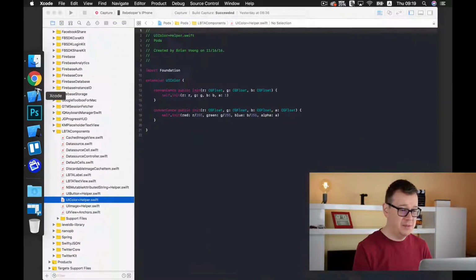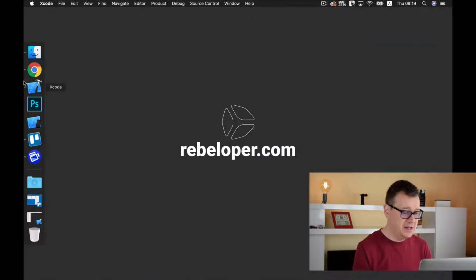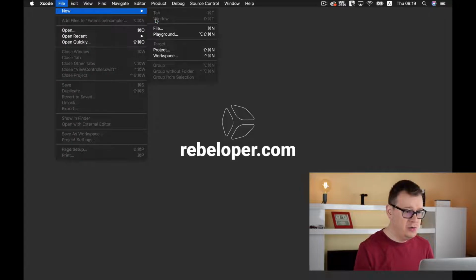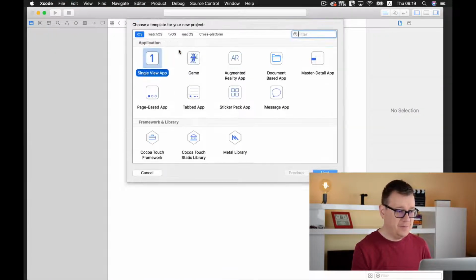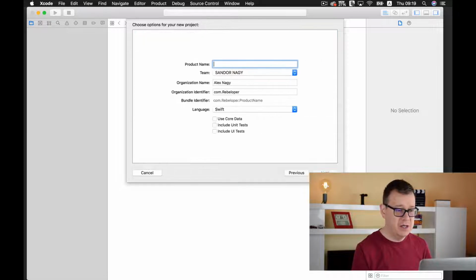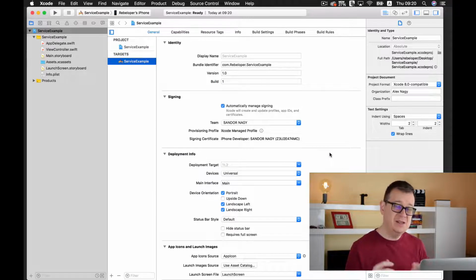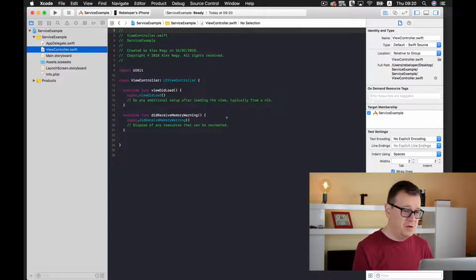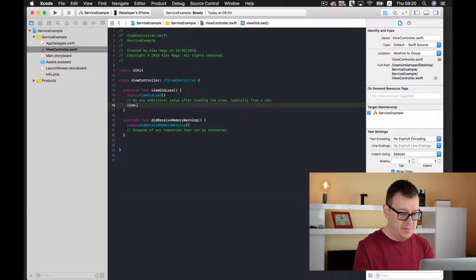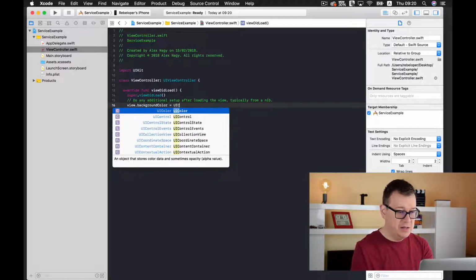Let us just open up Xcode, and let me just close this and create a new project. Okay, it will be a single view application, and let's name this. Let's click on create and let's drop it onto the desktop. No need to create a Git repository for this because this is just a simple example. So let's go into view controller and let's add here our view's background color as, let's say, UIColor,